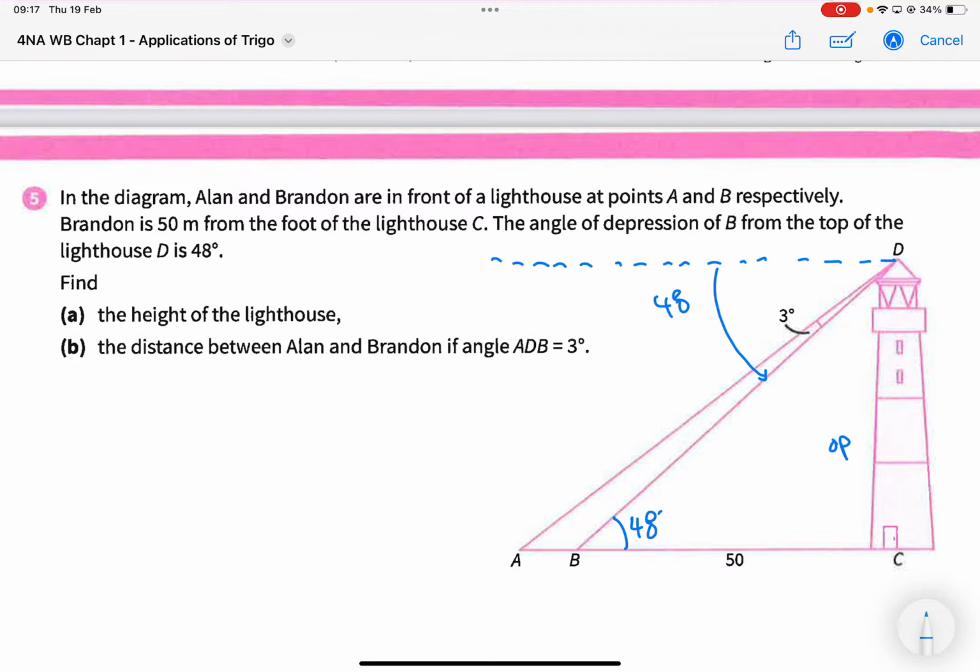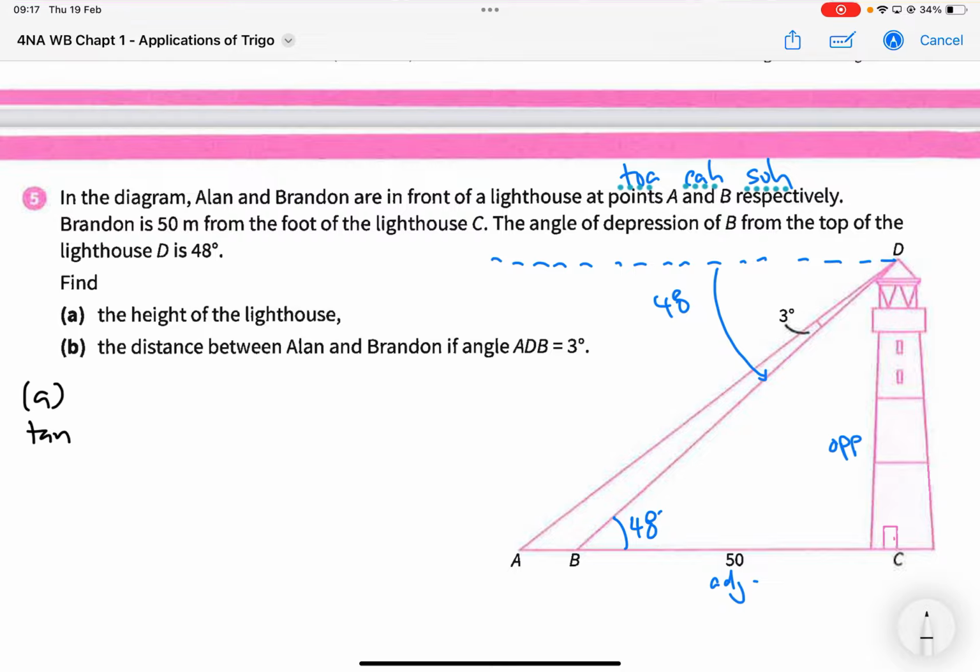So here is opposite. This 50 is touching my 48, so it is the adjacent. Okay? So I need to use this relationship between O and A. SOH CAH TOA. O and A, tangent. Once I know that I have to use tangent of this angle,